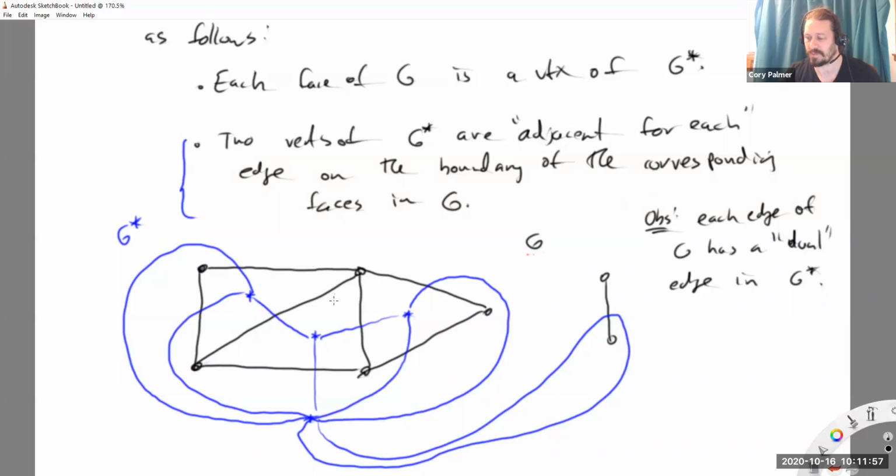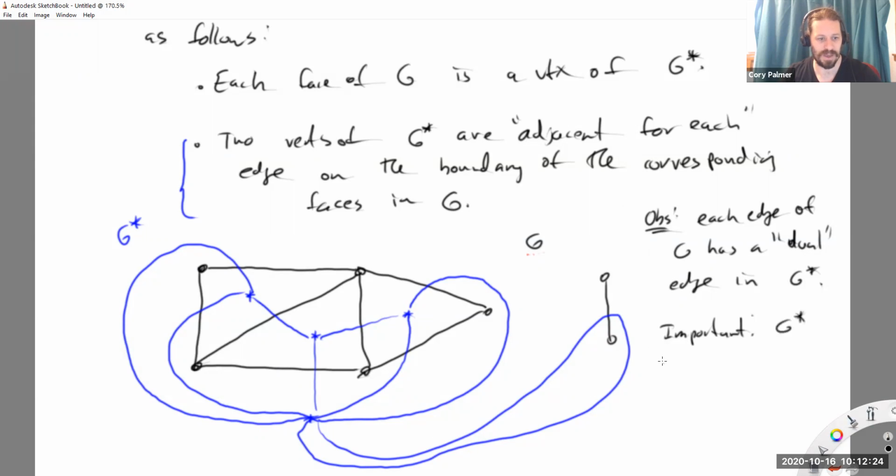This is a nice thought experiment for you. Can you come up with a graph whose dual is different depending on how you embed it? Like you can give me an example of a graph that has multiple embeddings and some of them lead to strictly different duals. It's possible. You have to be tricky, but it is possible to do, okay? So yeah, let's say, important: